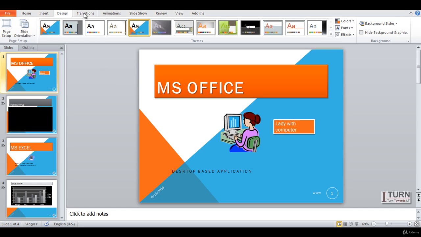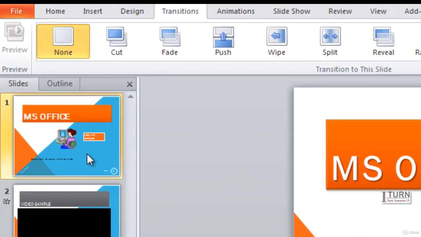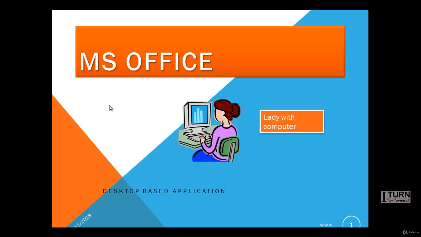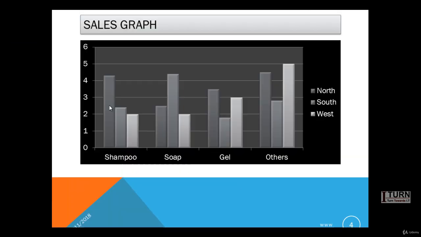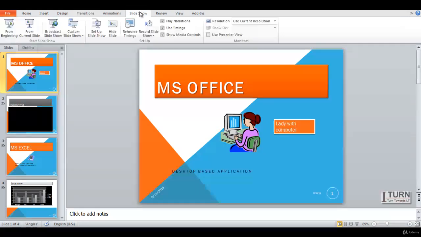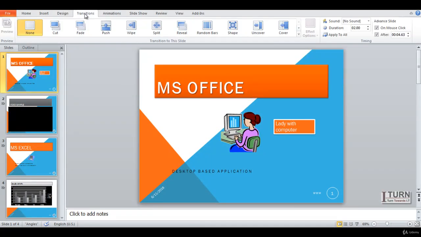I am clicking on transition and this is the first slide. If I run the slideshow with the help of, let's say, F5, this is the first slide, this is the second. So these are the slides. Okay, I'm stopping this. However, these are coming in a very normal way because none of the transition effect has